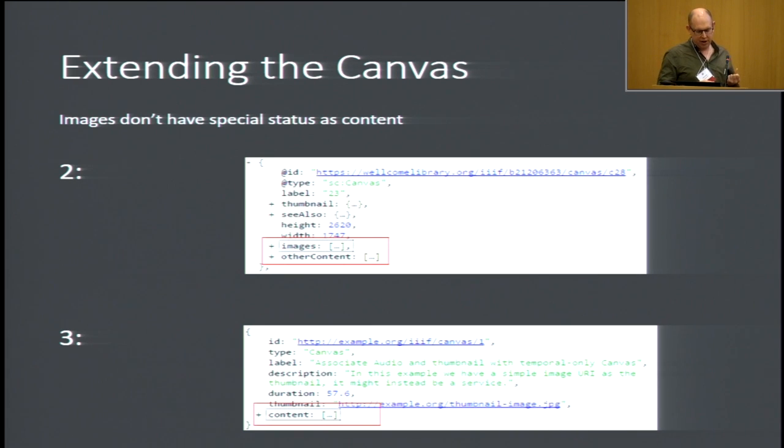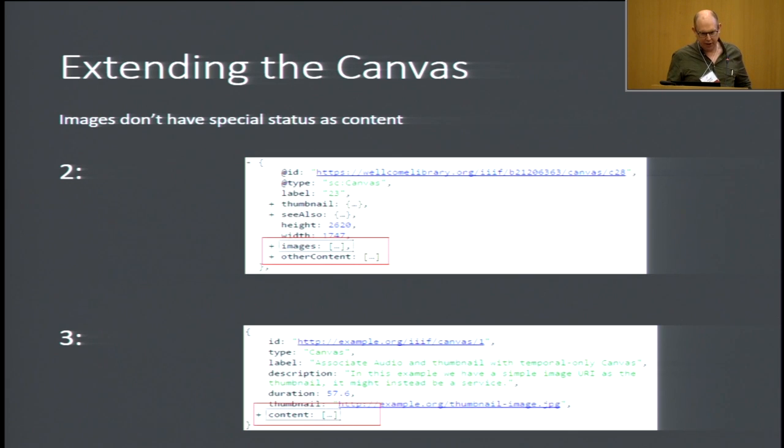In Presentation 3, because there's no particular reason why images should be special and everything else has to live outside the manifest, that's simplified down to just this idea of having content. And it's up to you what you put in the manifest and what you put external to the manifest. That content property is just lists of annotation lists, some of which can be rendered inline. That's your showcase content, the videos themselves, and some of which you would still reference externally, such as